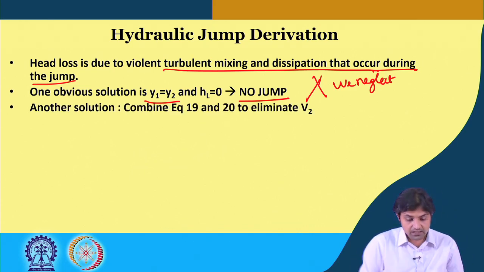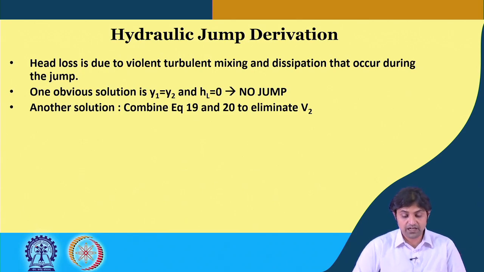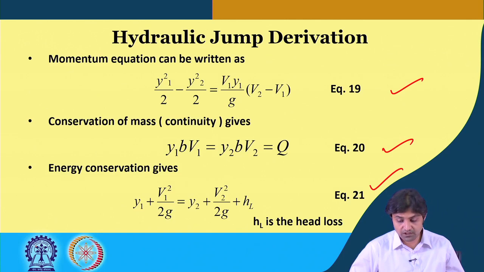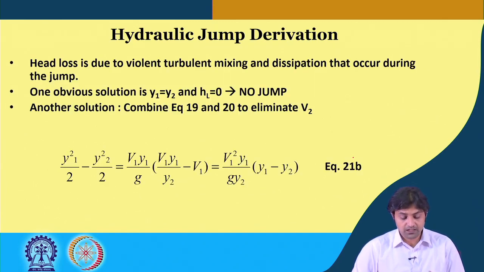In a second case, another solution is, if we combine equation 19 and 20 to eliminate V2, you go back and see what equations 19 and 20 are, we can eliminate V2 and write everything in terms of V1. So, using these two equations, we can write,